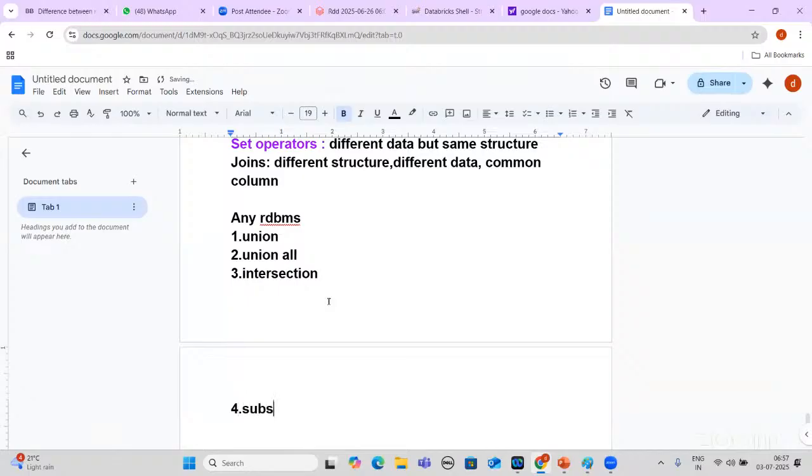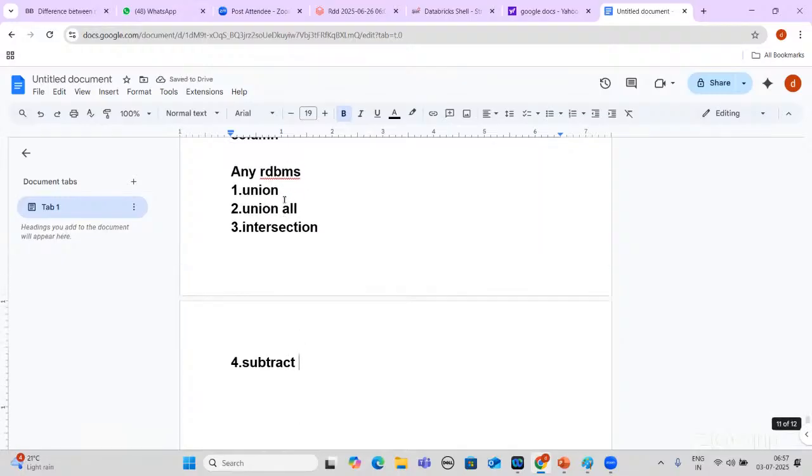So these are the RDBMS set operations. What is union? Union is where you have no duplicates in RDBMS. There would be no duplicates.